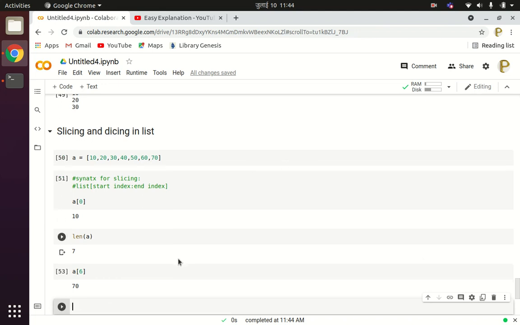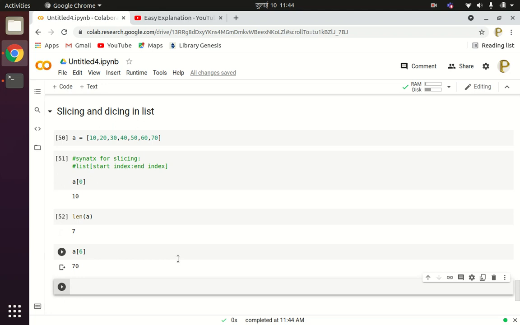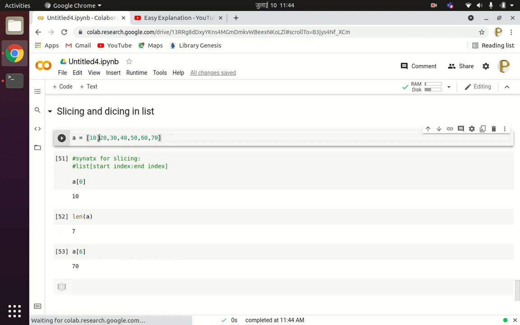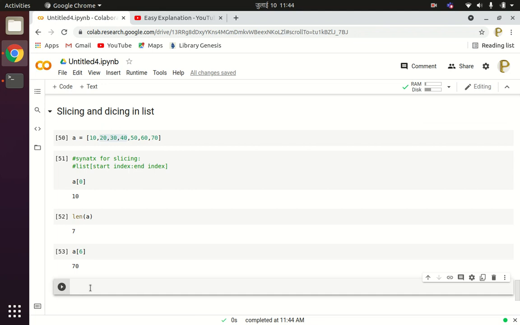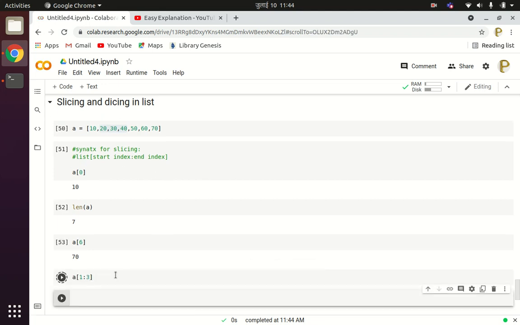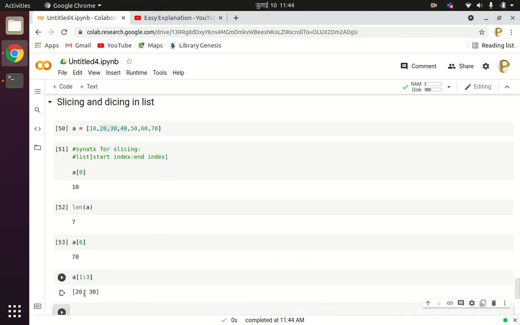Now after that, suppose you want to extract 20, 30 and 40 from the given list A, then we have to perform the slicing operation. So A of the starting index will be 1, and 1, 2, 3. So if I write 1 to 3, we'll get the numbers up to 20 and 30 only, but we want to extract 40, so you have to write 1 to 4.